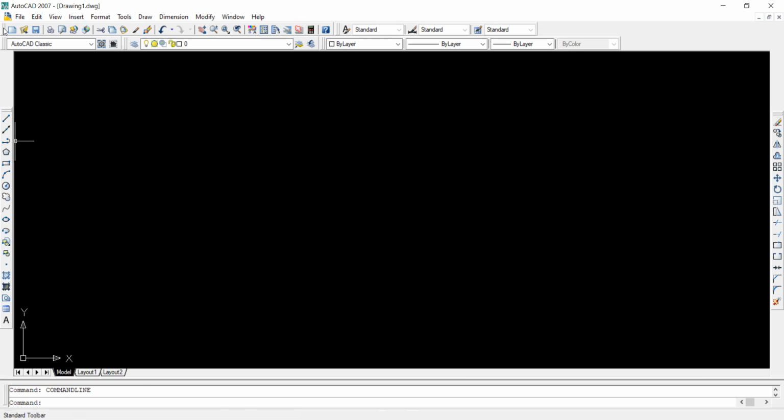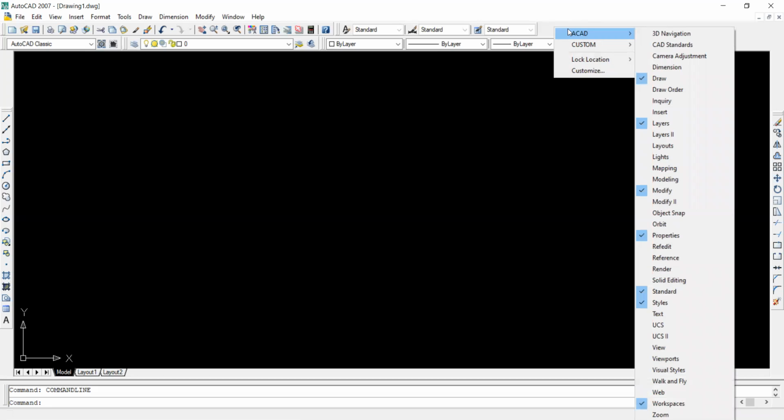So you can find here one toolbar. This is the layer toolbar. This is the draw toolbar. This is the modify toolbar. So how many toolbars are there? How can we find that? If you just go here, our cursor is at the top, and if I click here, you will find that these are the toolbars which are available. Now whatever menus are available on these toolbars are also available in the drop down. Drop down menu मध्ये ते available आहेतच. ठीक आहे. So you can switch something on or off.